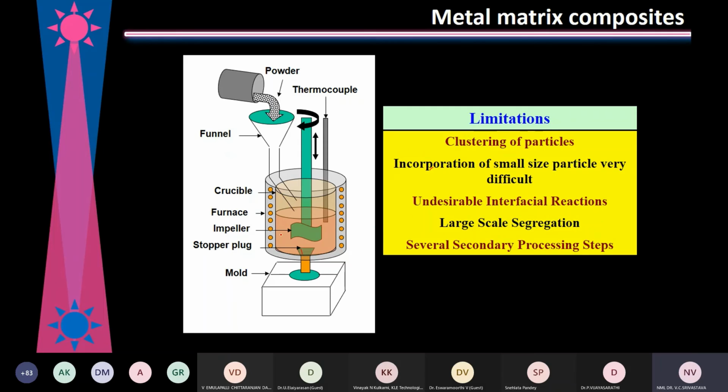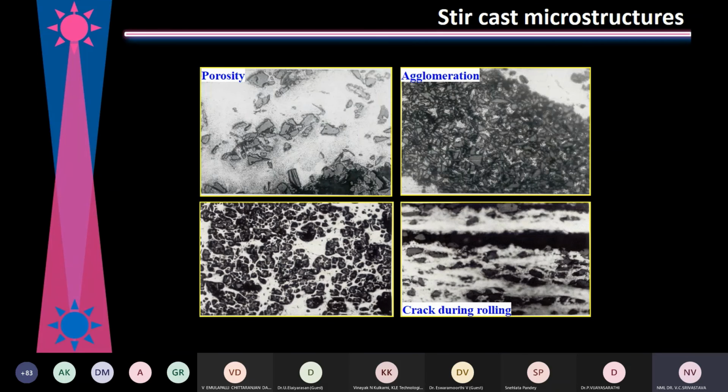And since casting is at a very high temperature, there are interfacial reactions at the interface, and there are segregations. These are the problems that happen with the metal matrix composite made by casting route. And these are the microstructures you can see, if the control of the parameters is not very efficient, then such things may happen like segregation, agglomeration, cracks during rolling, and other things. Okay, so in spray forming,